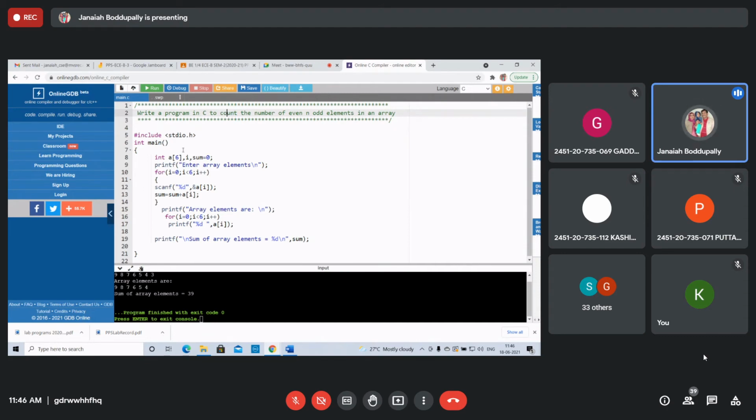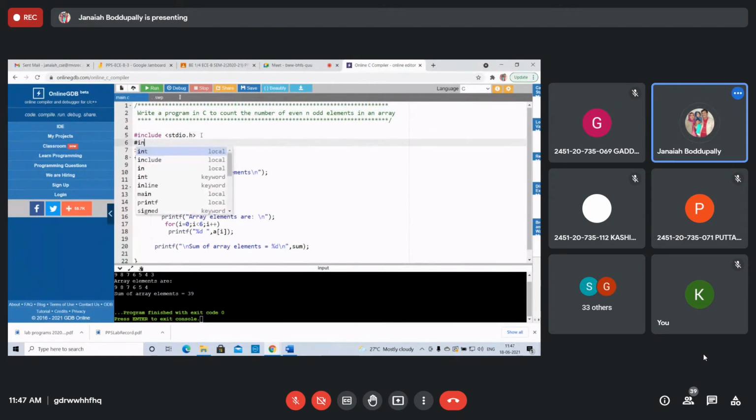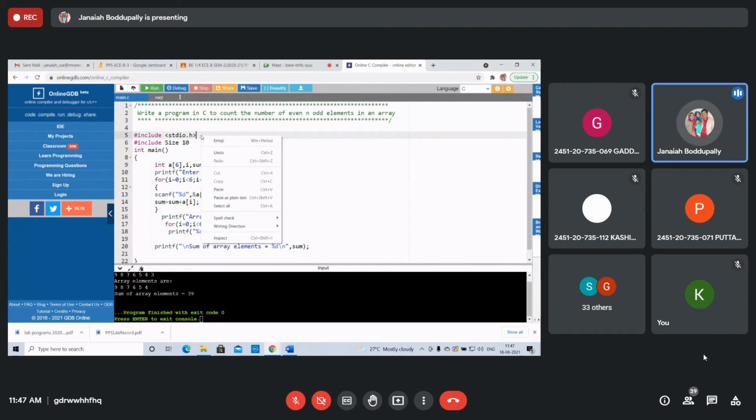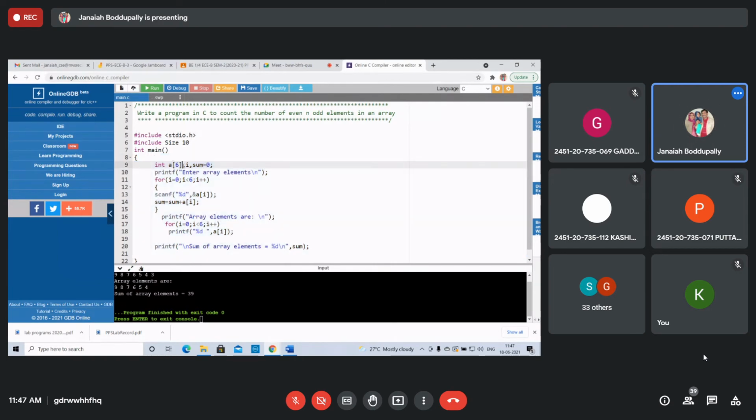See this. Same like if you want to display. You can write a symbolic constant. I told you, hash include size. Ten, suppose. Size is given 10. Now, whatever size they have initialized, the main right. Instead of size, it is initialized there. Int, I'm removing this and completely. Understood this program? Sum of the elements of array.